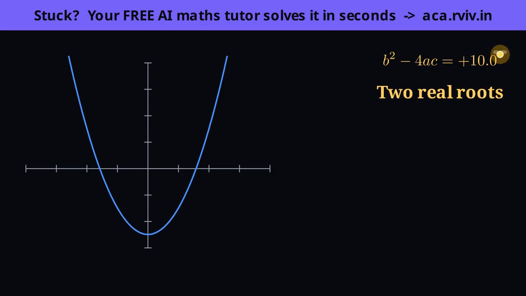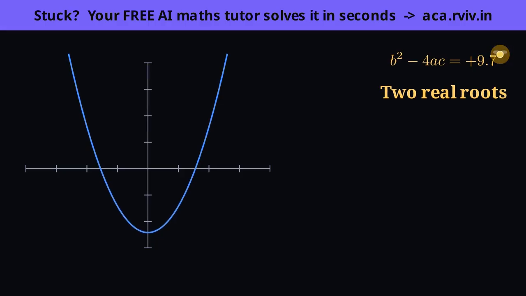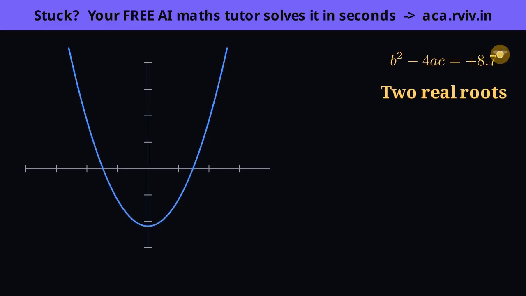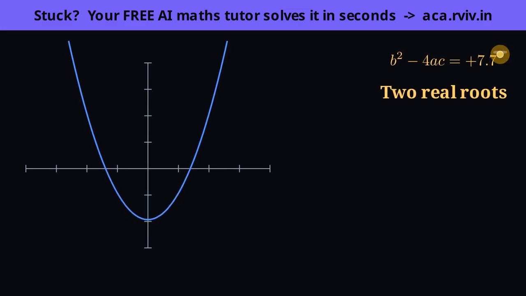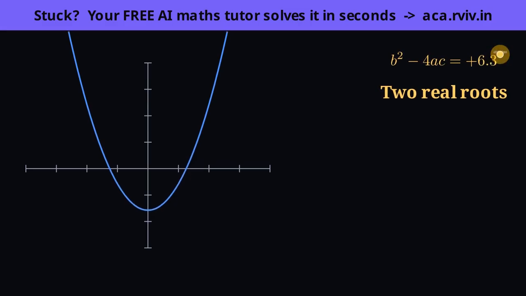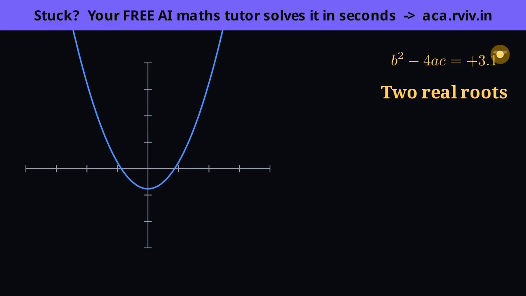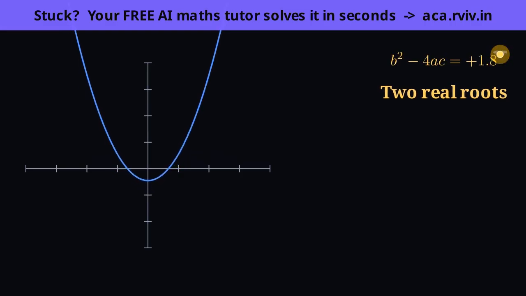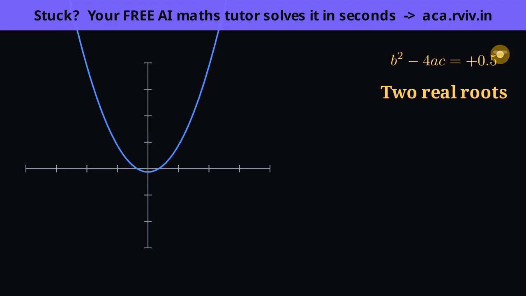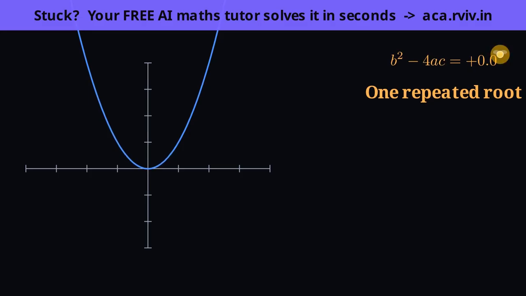Now watch as I slowly lift the whole parabola upward. The two crossing points slide toward each other, closer and closer. And at the exact instant the lowest point of the curve, its vertex, just touches the axis, the two crossings collide and become a single point, one repeated root. Look at the number now, b squared minus 4ac has hit exactly 0. That makes sense, the square root of 0 is just 0, so the plus and the minus give the same answer, and the two roots fuse into one.